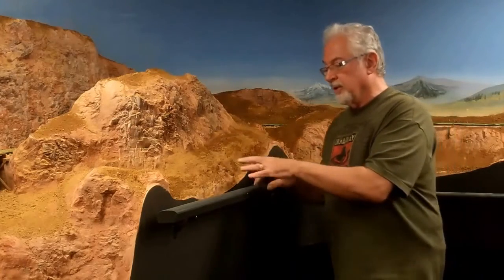Once all this is fairly firm, you can do some touch-ups and details, because you'll find the odd place where the water misting has exposed some of the rock work, so I'd wet it and glue it down again and sprinkle some dirt over it. Once that's set, the next step I'm going to do is again to pre-wet it